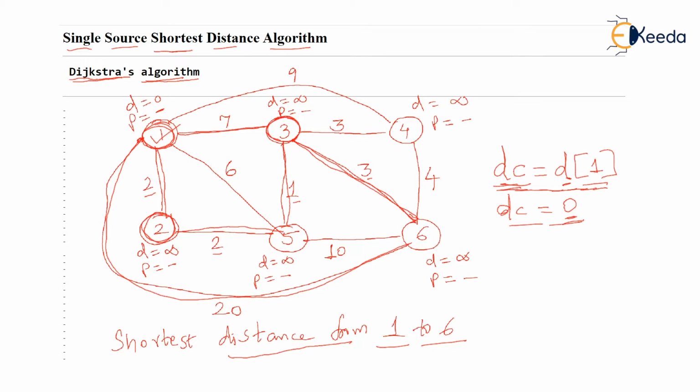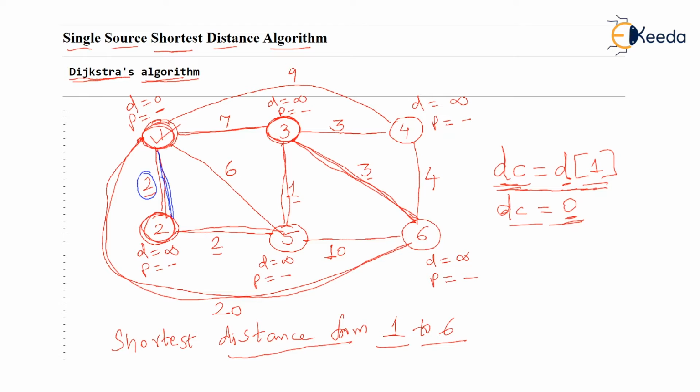Okay, so let's process the first vertex. Now we will see the neighbors of 1. Neighbors of 1 in fact are 2. Let's take 2, and we should take a neighbor only if it is not visited, same as in the case of Prim's algorithm. So we can go from 1 to 2 and check the distance. The distance between 1 and 2 is 2, isn't it? Now this distance 2 is added with dc. Check very carefully, listen to what I am saying. The distance is actually 2 on the edge 1 to 2, but to this distance, we add the dc component. And dc anyway is 0 in this step, so it doesn't make any difference. We say the distance between 1 and 2 is simply 2.